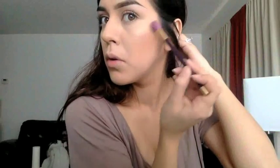So I'm just going to apply it right here, obviously. You guys know the drill. And you want to go all the way back, and you can even bring it up a little bit, but without adding product. You're just blending. Okay, and then do the same for the other side. Now I'm just blending the product. Then,